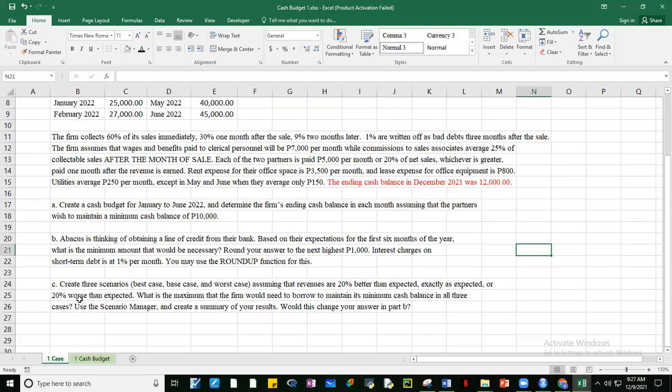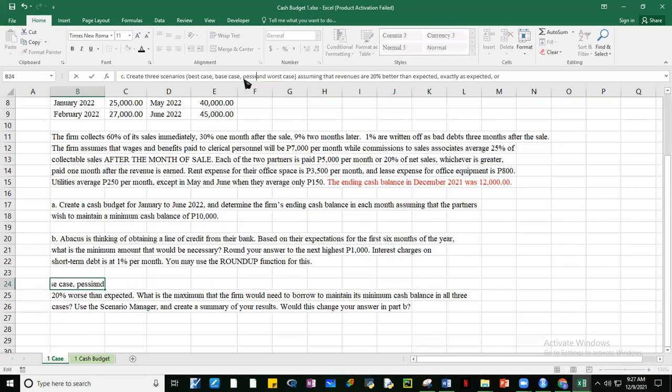Okay, so we're also tasked to create 3 scenarios. Maybe let's add on this best case, base case. Let's put here a pessimistic case and worst case.